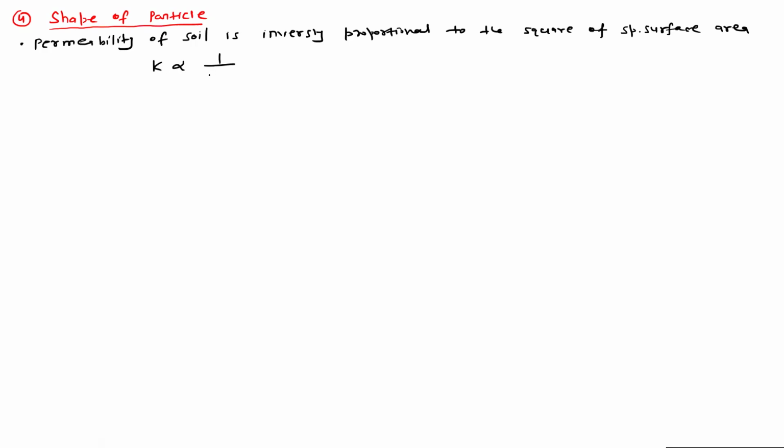K is equal to 1 upon A squared. So for the same void ratio,